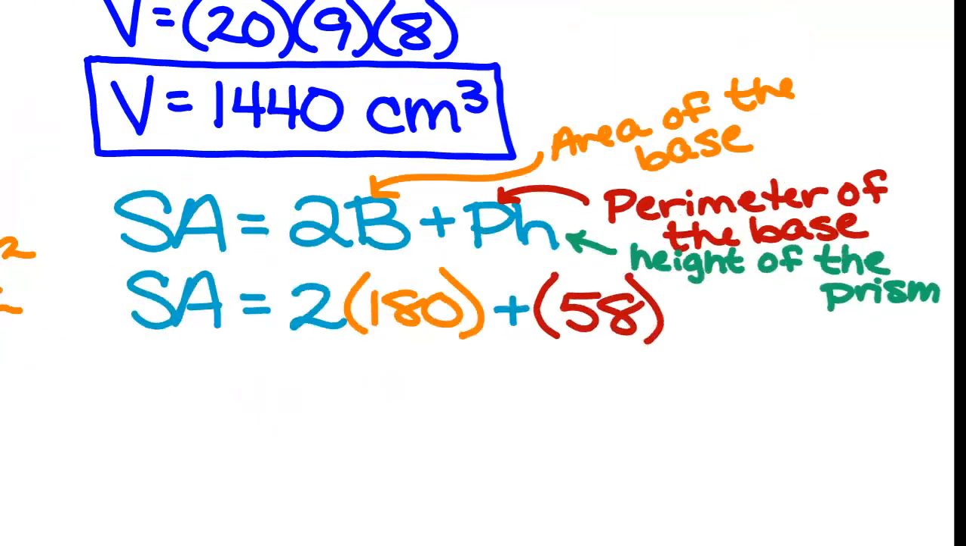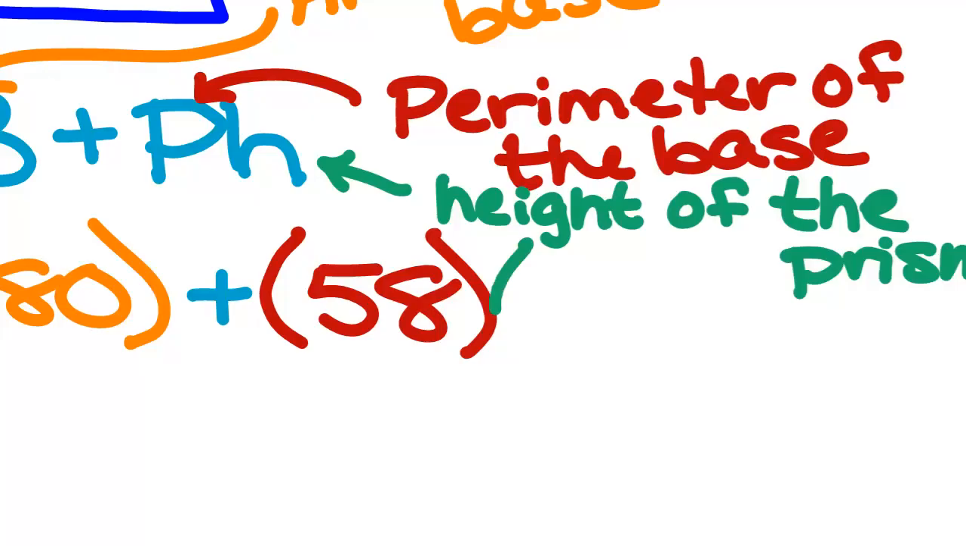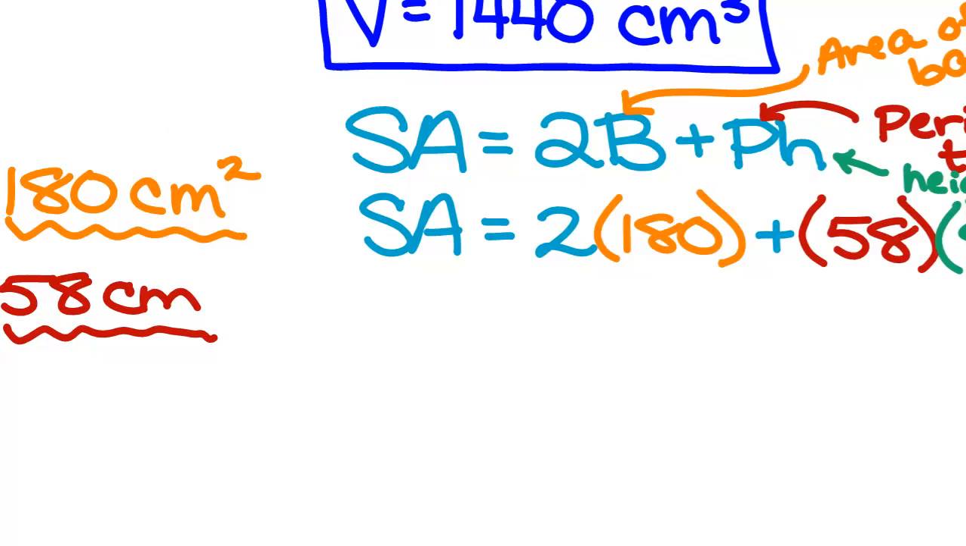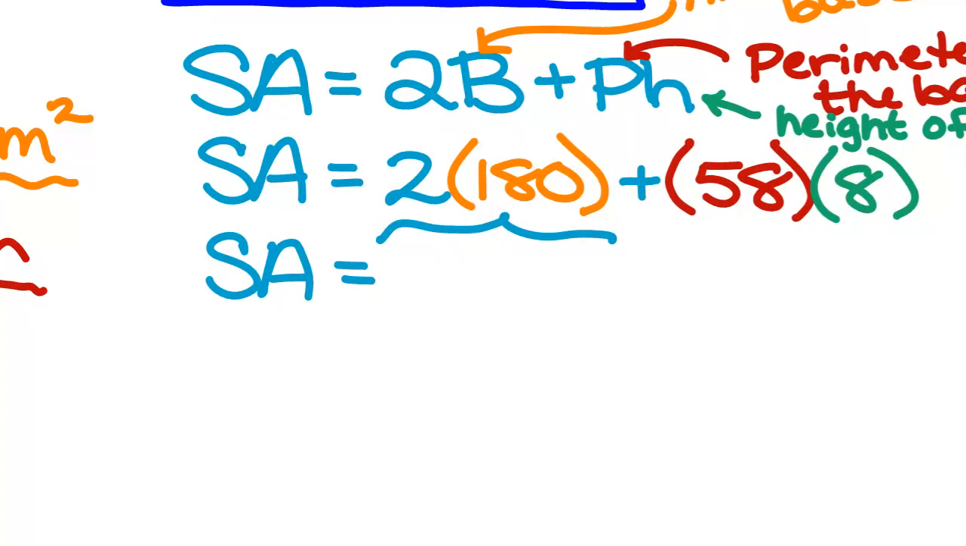What was the height of our prism again? 8. All right, so now we're going to multiply these together. The first one that we're going to multiply is the 2 times 180. What do we get when we do 2 times 180? We get